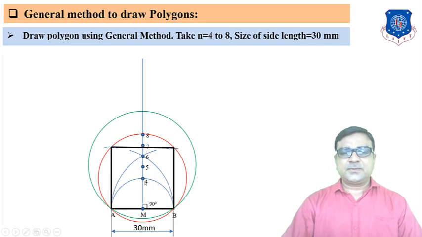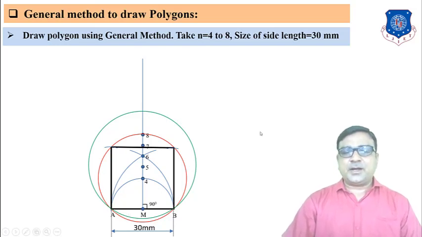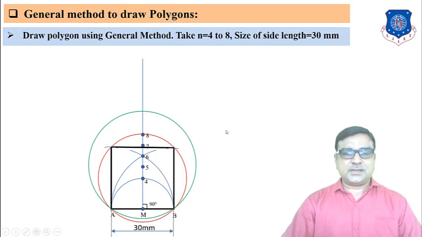Now for the pentagon, 5 center, 5A radius, draw one circle, this green circle for the pentagon. And all the corners of the pentagon will come on this particular circle. Now one side is already AB. Now for another side, A center 30 mm radius and draw an arc on this green circle. Then B center 30 mm radius, draw an arc. Now from this arc as center and 30 mm radius, draw an arc. It will be this one. Now join all the arcs with straight lines.